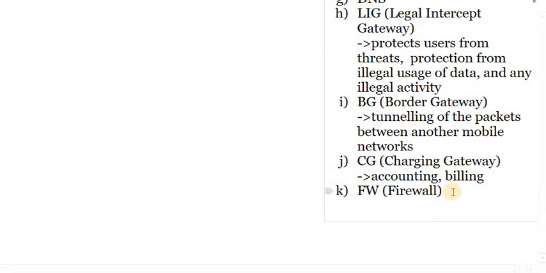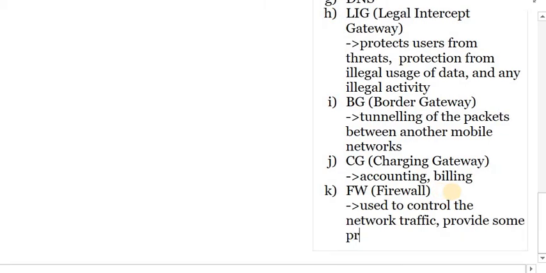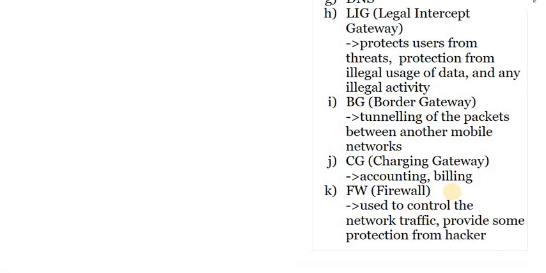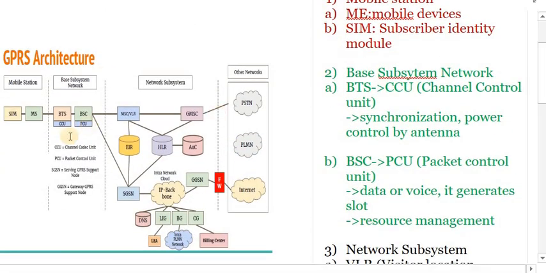So firewall is very simple. It is used to control the network traffic as well as provide some protection from hackers. So now all the components inside the GPRS architecture are resolved.